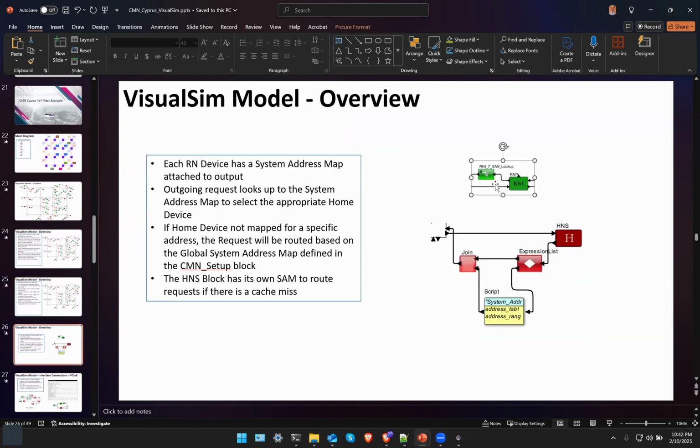In this example, each RN device has an individual system address map attached to the output. So whenever a request is created and sent out from the RN device, it looks up the system address map present and selects the home device to which this request has to be routed. In the case that the home device is not mapped for a specific address, that is, the address range has not been defined in the system address map, this request will be routed based on the global system address map defined in the CoreLink setup or the CMN setup block,